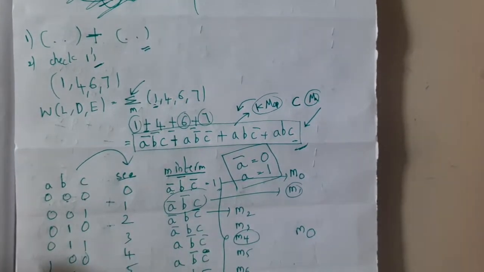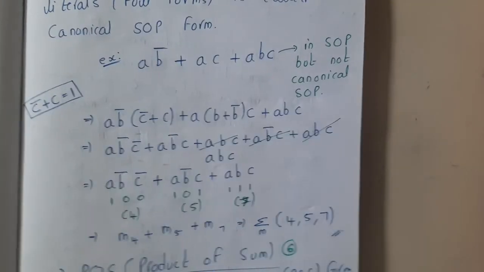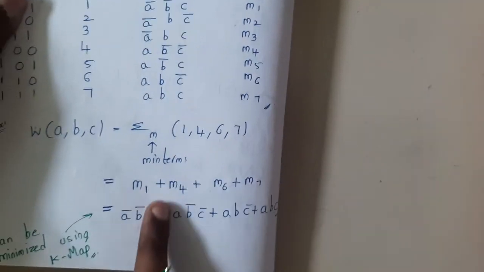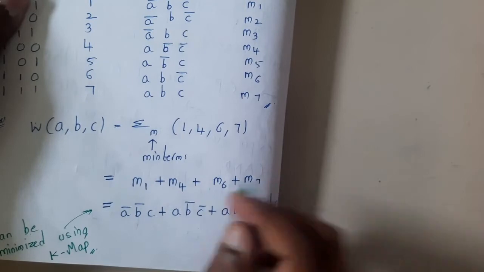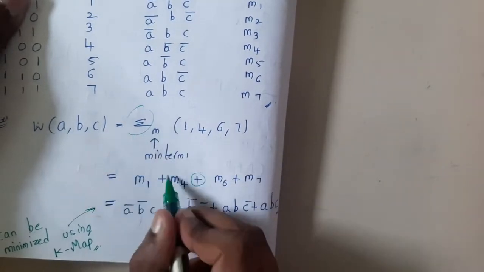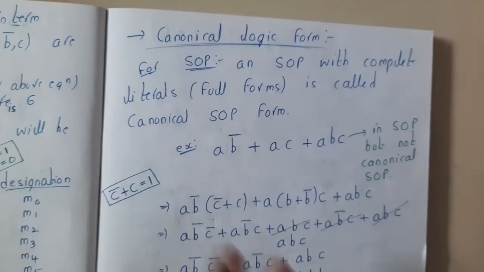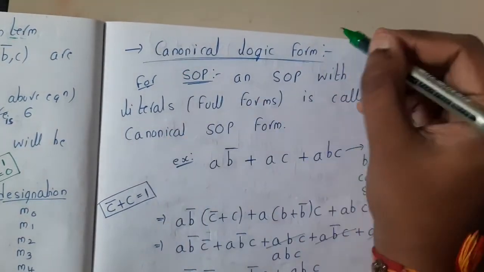Okay. Yes. Okay. So now you got an idea, right? So I took the same example. Okay. So 1, 4, 6. I have written it in terms of min terms. So min term 1, min term 4, min term 6 and min term 7. The reason why we wrote sigma here is we are going to add them. Got it? Yes. So the next small concept with respect to this SOP is a canonical form, guys.